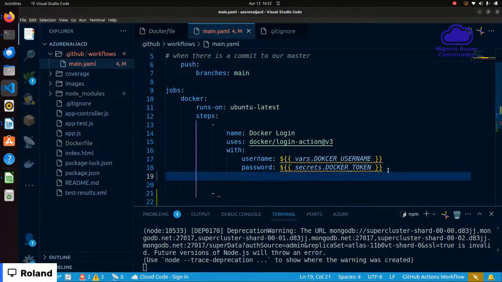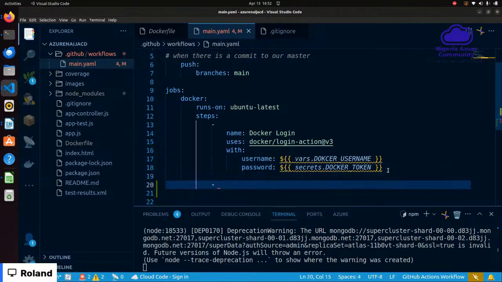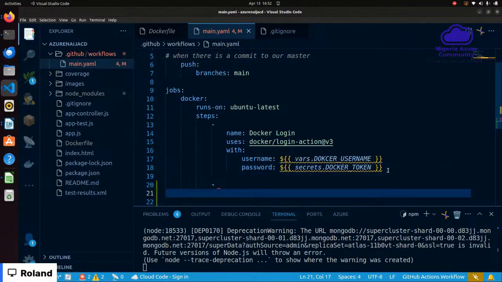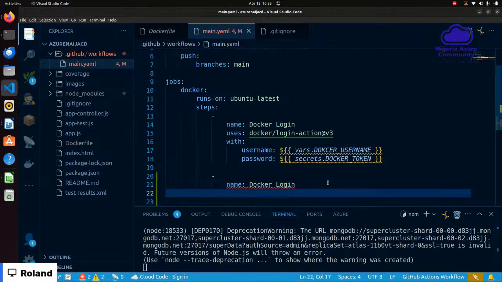Okay, so let's go back. Now we have successfully logged into our Docker Hub. So we need to add a new workflow now. We want to build a Docker image. The first thing we do is give it a name, so let's give it Docker login. And then this uses